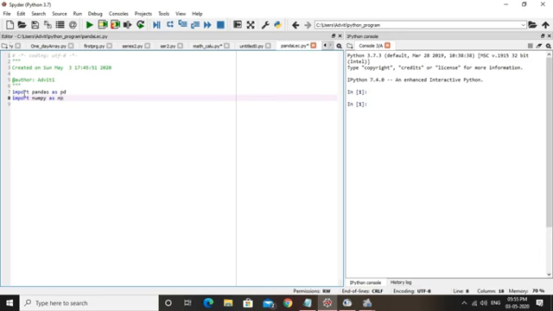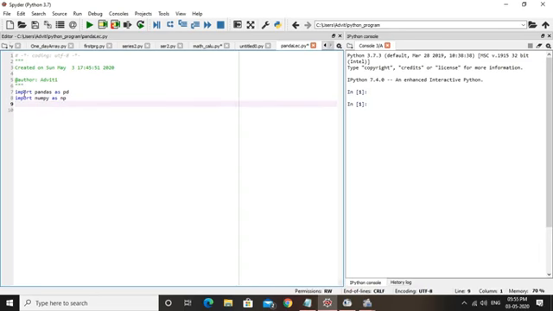Now, after importing the two libraries, create a variable s1 equals, let's say, np.arange, using the arange function, and then define any value, let's say 10 comma 20, so 10 to 20.